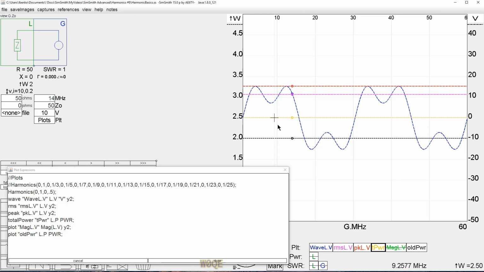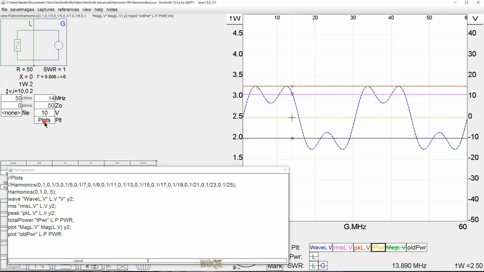We have a third harmonic which is 5 volts. The 5 volt signal produces a 5 squared divided by 50, a half watt signal into the load. The 2 watt signal from the fundamental frequency and the half watt signal from the third harmonic produce a 2.5 watt signal, which is accurately measured with the total power command. What this means is you can use RMS, peak, and total power for all applications, whether there's a harmonic present